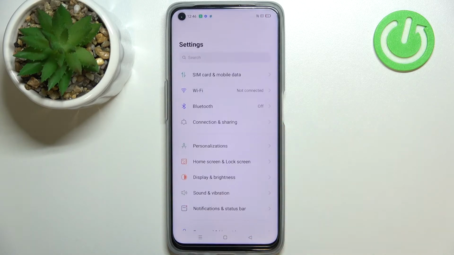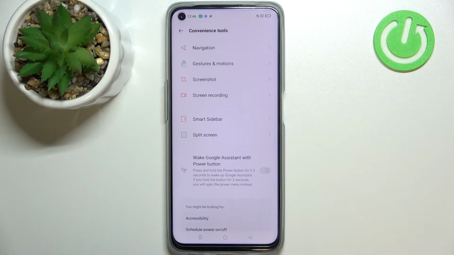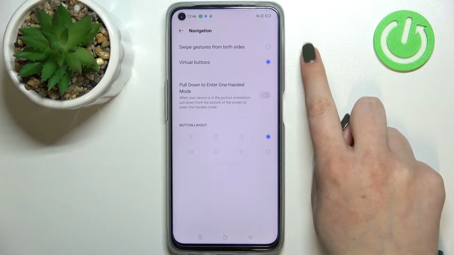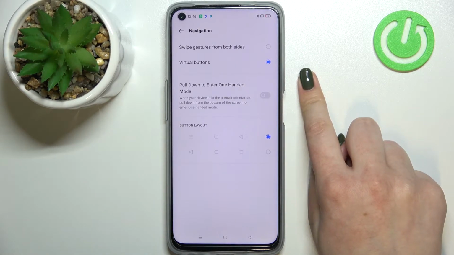So first of all we have to enter the settings and now let's scroll down to find convenience tools. Now let's tap on navigation. It should be on the first position, and as you can see here we've got two different options from which we can choose. We've got swipe gestures from both sides or virtual buttons,